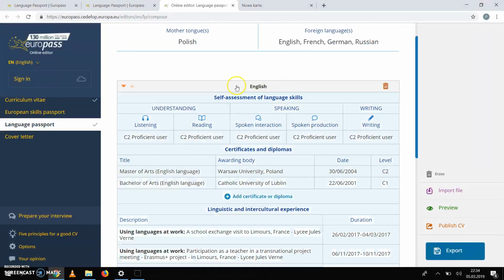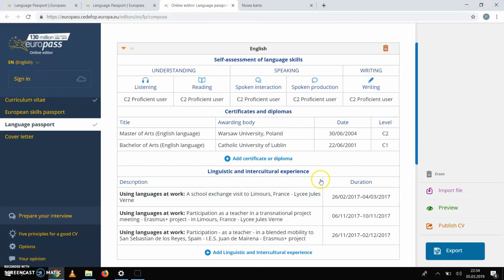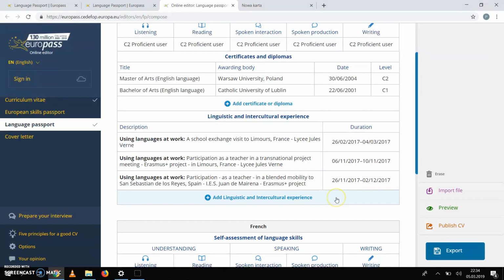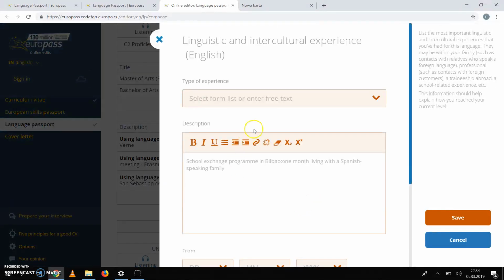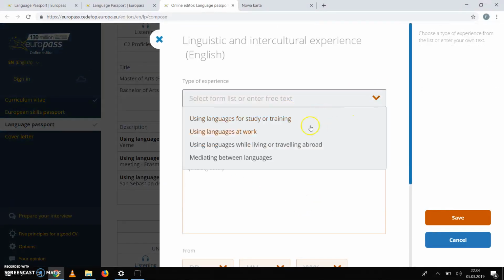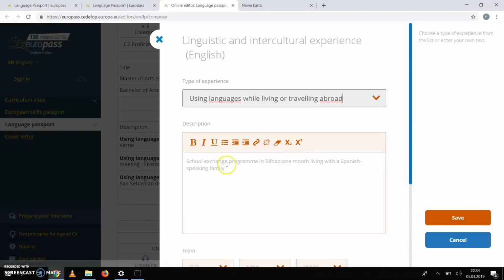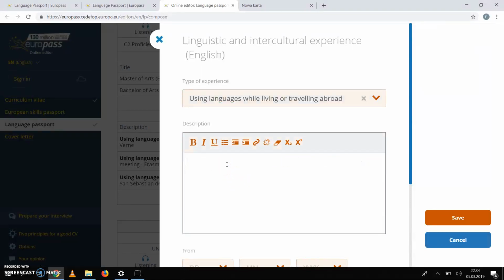So what I especially need you to do is to find the English language section here, and those of you who have traveled to our last blended mobility to France should click Add Linguistic and Intercultural Experience, and then select from the list. And here you should choose Using Languages While Living or Traveling Abroad. And here, let's put participation as a student